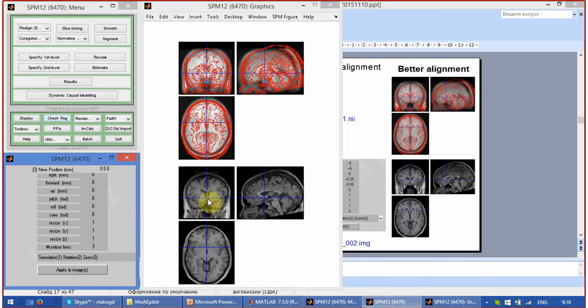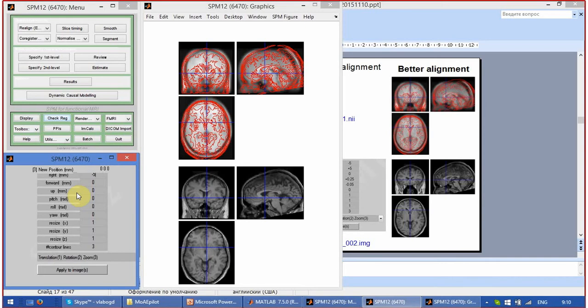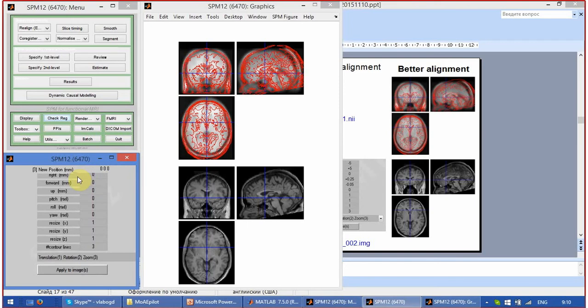For the bottom image, you need to move a little bit on the left, minus 5. Well, actually, this is too much. I think 0 will be quite well. Again, here you don't have to be very precise. You just have to put it approximately in the same space. A little bit forward,